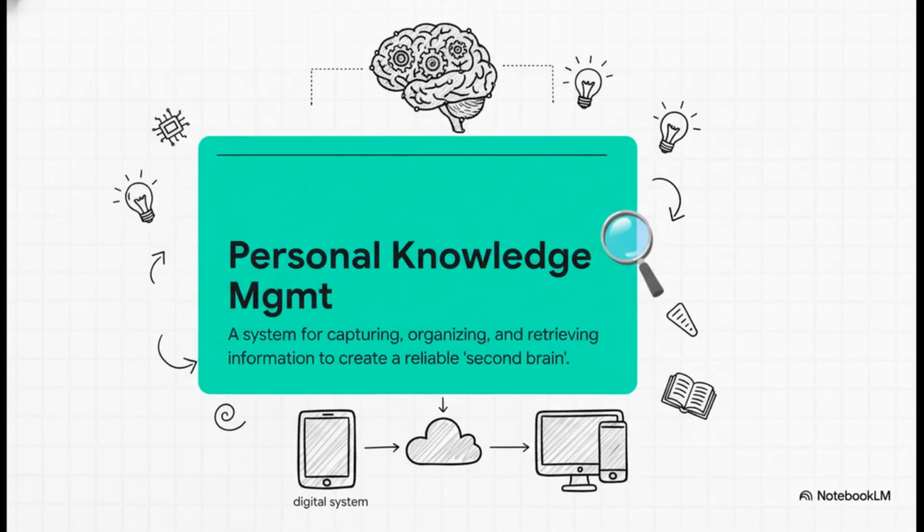So how do you fight back against this chaos? Well, there's this really powerful idea called personal knowledge management, or what a lot of people just call building a second brain. And the goal is super simple, right? You offload all that mental heavy lifting, the burden of remembering everything, onto a reliable digital system. This frees up your actual brain to do the cool stuff, thinking, creating, and problem solving.